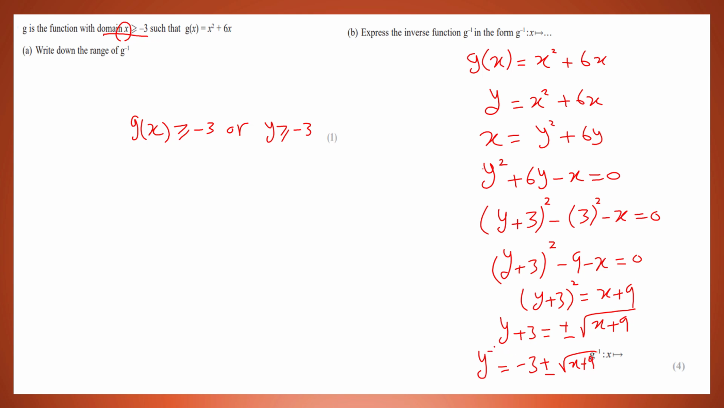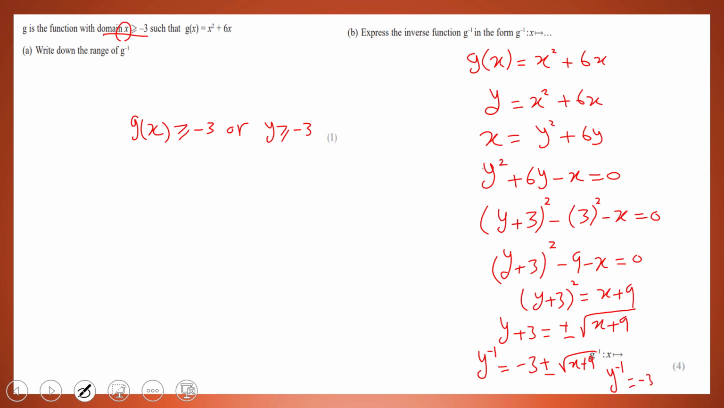But there is something: it was mentioned at the beginning that x must be greater than or equal to negative 3. So if we put negative 3 here, negative 3 plus 9 is 6, so negative 3 minus root 6 will give you something less. Here you have negative 3 plus root x plus 9. If you put x as negative 3, negative 3 plus 9 is 6, so negative 3 plus the square root of 6 will give you something greater than negative 3. But negative 3 minus root 6 will not be acceptable. So the only solution is